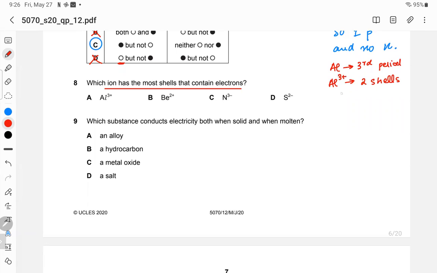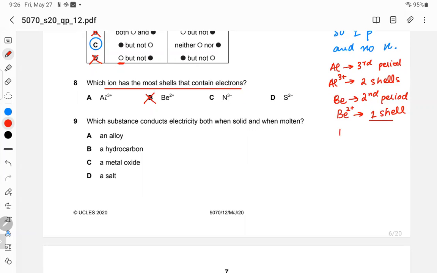Yes. Then if we talk about beryllium, beryllium has second period. आप लोग अपने periodic table में देख सकते हैं। So when we talk about beryllium 2 positive ion, it has only one shell क्योंकि 2 इलेक्ट्रॉन्स आउटरमोस्ट शेल से निकल गए। तो इसके पास तो शेल सबसे कम हो गए, तो इसीलिए बी को हम रॉन्ग मार्क कर देंगे।